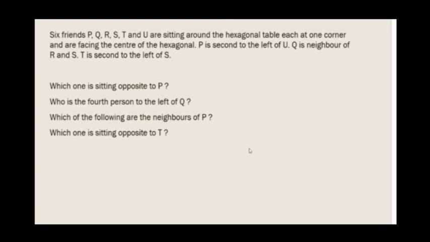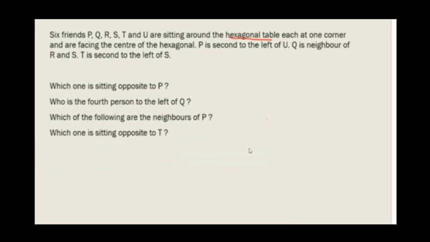Six friends, P, Q, R, S, T, U, are sitting around the hexagonal table. Why are we doing so many problems based on arrangement is that you will definitely have one arrangement problem. And one arrangement will give you at least 3 to 4 questions. And these 3 to 4 questions are very important, right? Because easily scoring, please. Hexagonal table. Now, which kind of arrangement is it? Hexagon, rectagon, everything is nothing but facing the center, or we can say circular arrangement.